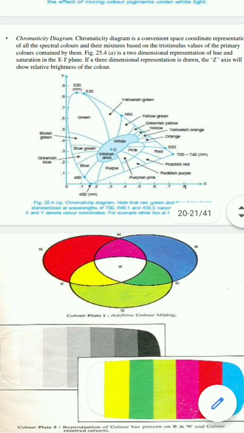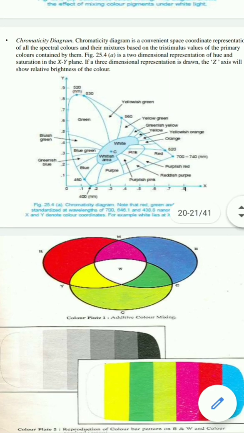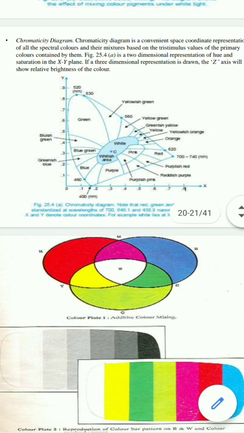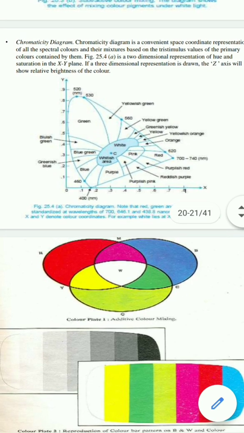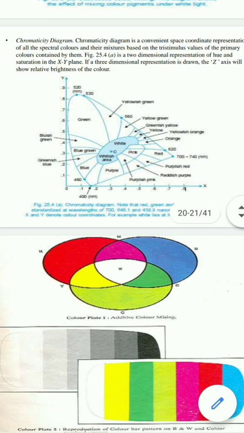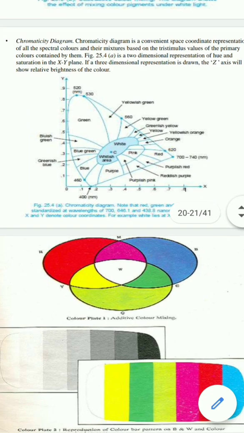So here if we are talking about the tint or the hue, you can say it is the predominant spectral color of the received light. And saturation, you can say that is the spectral purity of a color light. So saturation will indicate how little the color is diluted by white color. So hue plus saturation is nothing but chrominance.